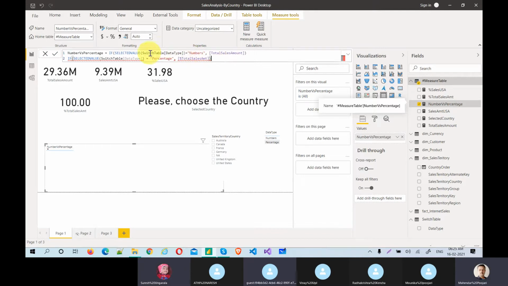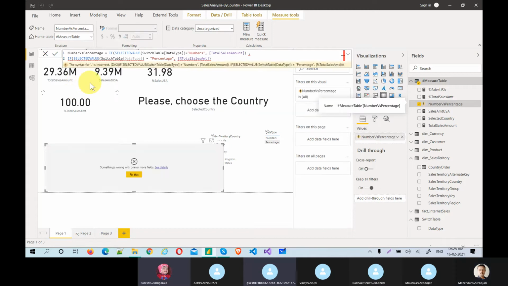If this value is equal to this, comma, then this value is equal to this. Let's see. Something is wrong with this.